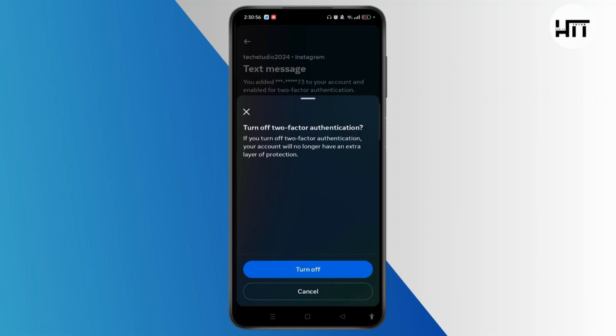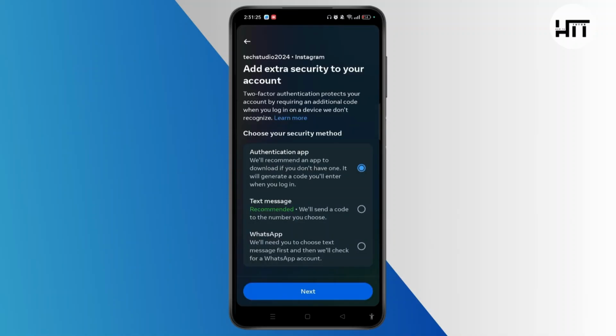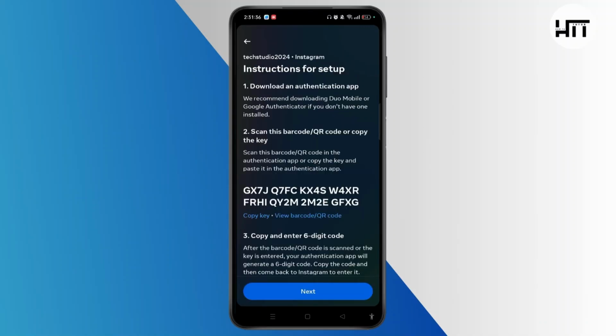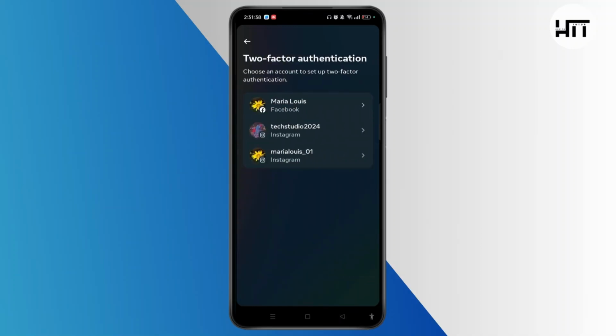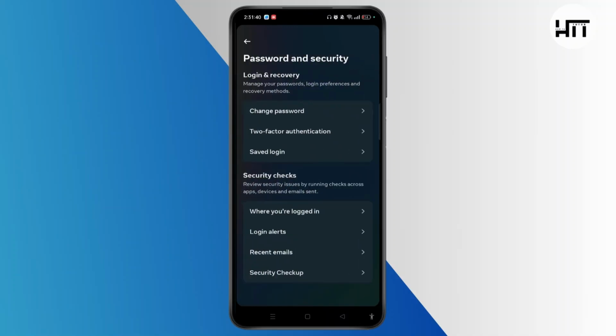And turning off two-factor authentication, you won't have an extra layer of protection. So tap on Turn off. For now, let's not choose any security method here because we are turning off the Instagram two-factor authentication. Now tap on Next, or let's get back from here, and in this way you can easily turn off Instagram